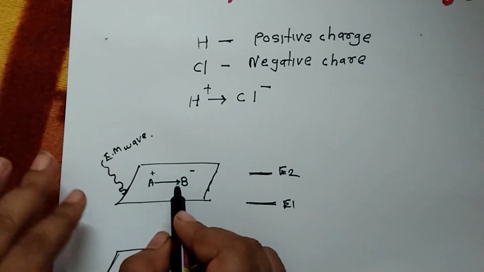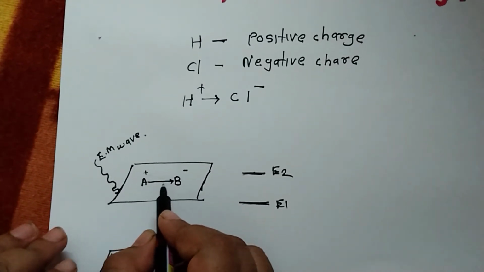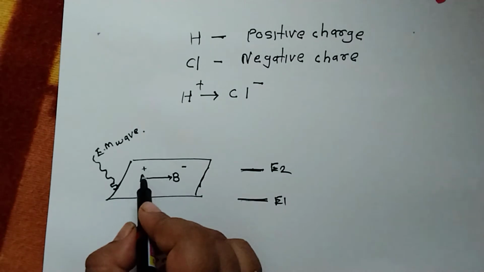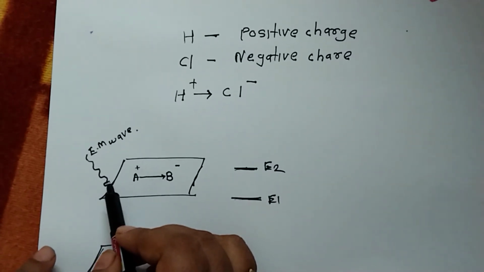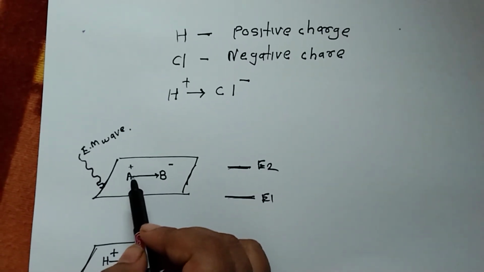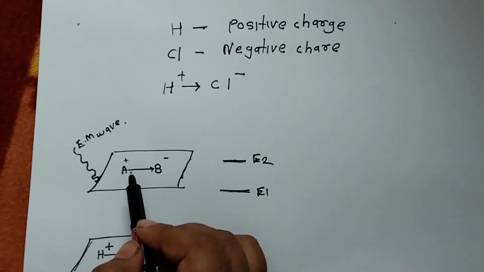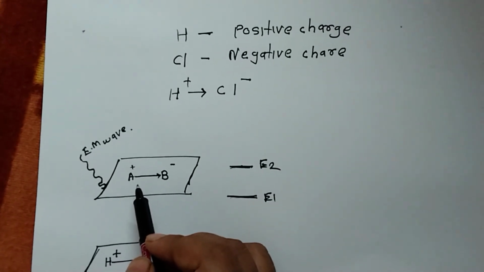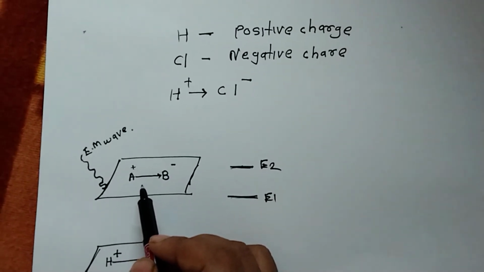When this molecule rotates, its dipole moment changes, and the change in the dipole moment energy interacts with the bombarded electromagnetic radiation. The energy of the electromagnetic radiation is equal to the change in energy of the molecule's dipole moment. Through this interaction, the molecule gets higher energy and goes to the upper state. There is no middle state, so it is quantized.